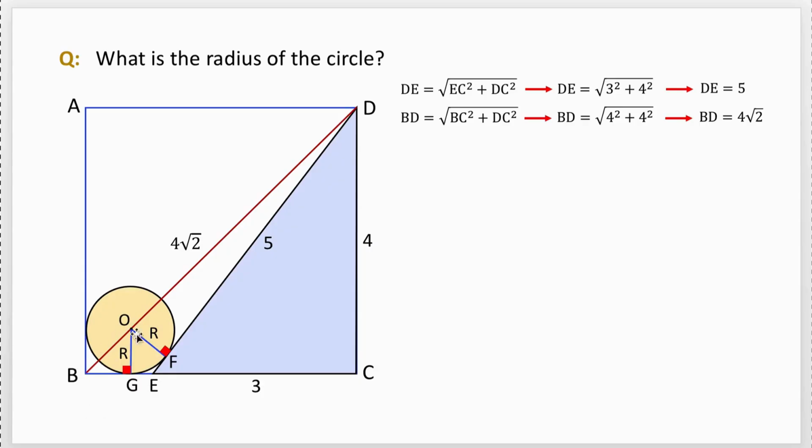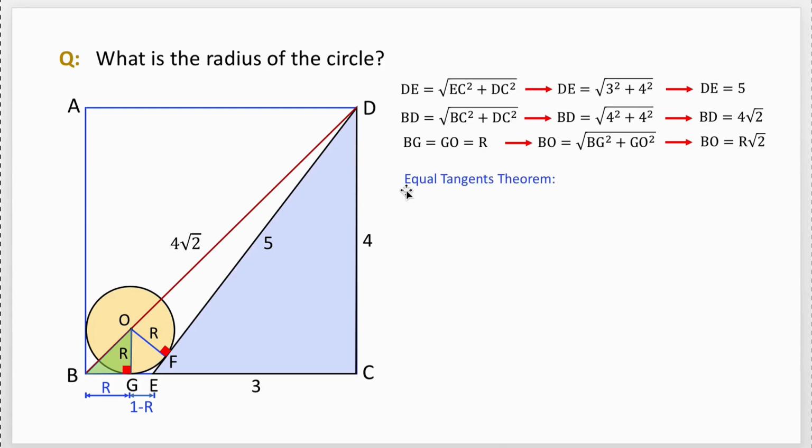Next, we draw OG perpendicular to BC. The length of OG and BG is r, so GE becomes 1 minus r. Triangle OBG is right angle, so BO can be found using the Pythagorean theorem, which results BO equals r square root